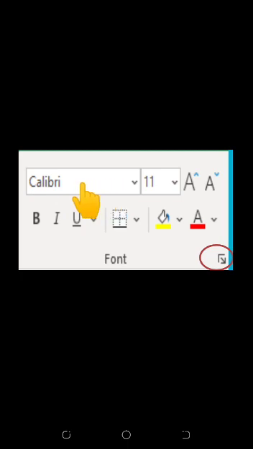This is font. If you want to change the font like Times New Roman, Calibri, different styles are there. You will just press this arrow and different styles will come. You can choose any one style, which style you want to apply on the cell. Okay. Next is this. You can change the size of font. You can change the size of cells by using this option.